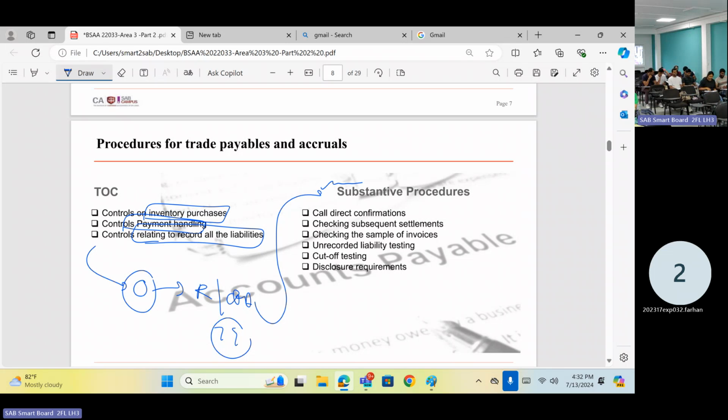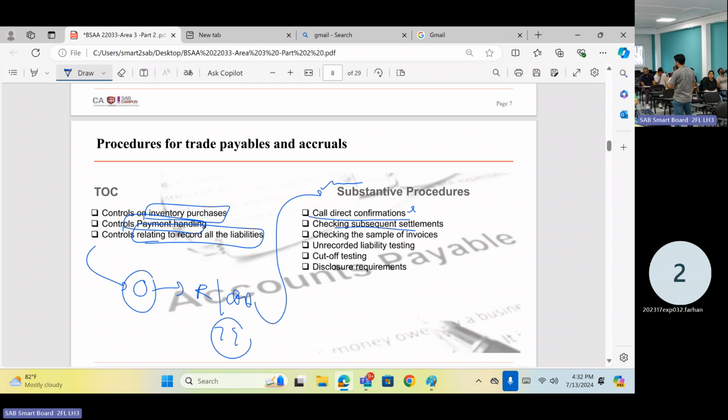As I said previously, once I am doing receivables, you can send confirmation for the liability balance. Then again, for the items you have not received confirmation for, you can do subsequent settlements. You can check subsequent settlements, right? So receivables also you check subsequent settlement. Creditors also you are going to check subsequent settlement. Now you are checking whether you are going to pay it or not. Cash outflow, right? For debtor receivables we check cash inflow, the subsequent settlement by the debtor.